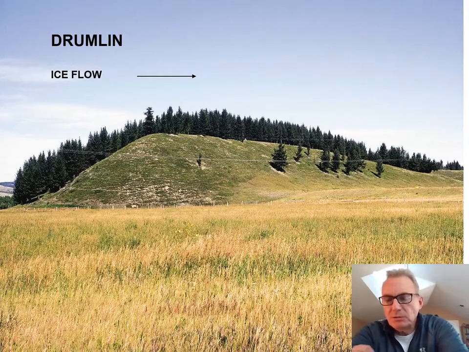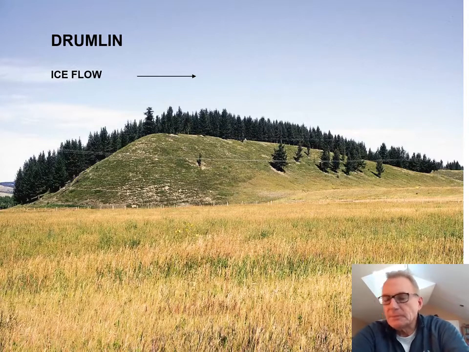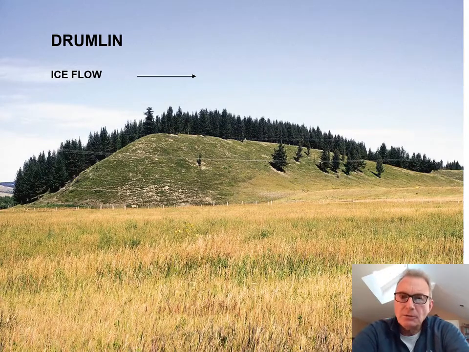How do we know the direction that the ice took? Well, there are distinctive landforms called drumlins. And a drumlin resembles a rowboat that's been turned upside down. And you can recognize a bow, that's the sharp end on the left of that hill, and then the stern to the right. And that allows the direction of ice flow to be mapped, and that's been done for